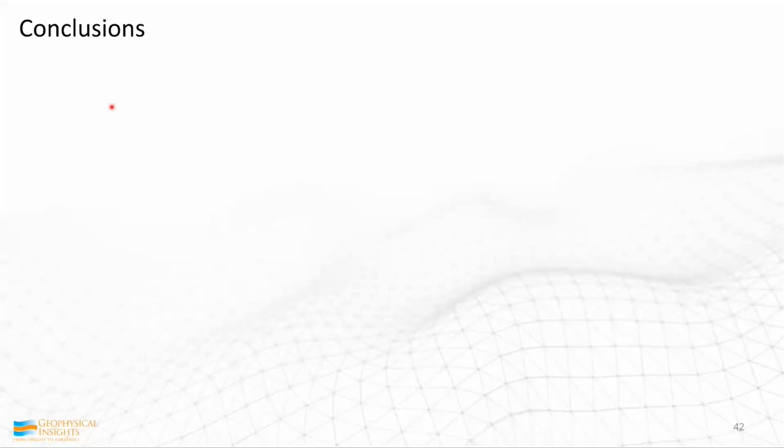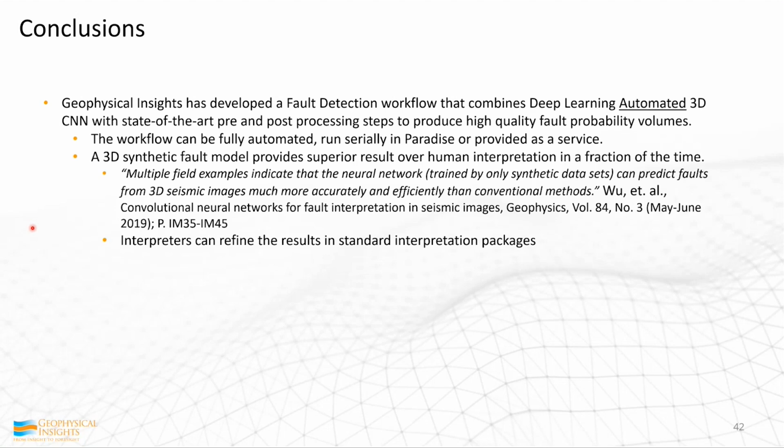All right, so that takes you through the end of our tour through fault detection and self-organizing maps. To wrap up, we'd just like to summarize that we've developed a fault detection workflow combining deep learning automated 3D CNN with state-of-the-art pre- and post-processing steps to produce high-quality fault probability volumes. The workflow can be fully automated or run serially in Paradise, and Geophysical Insights can also provide this as a